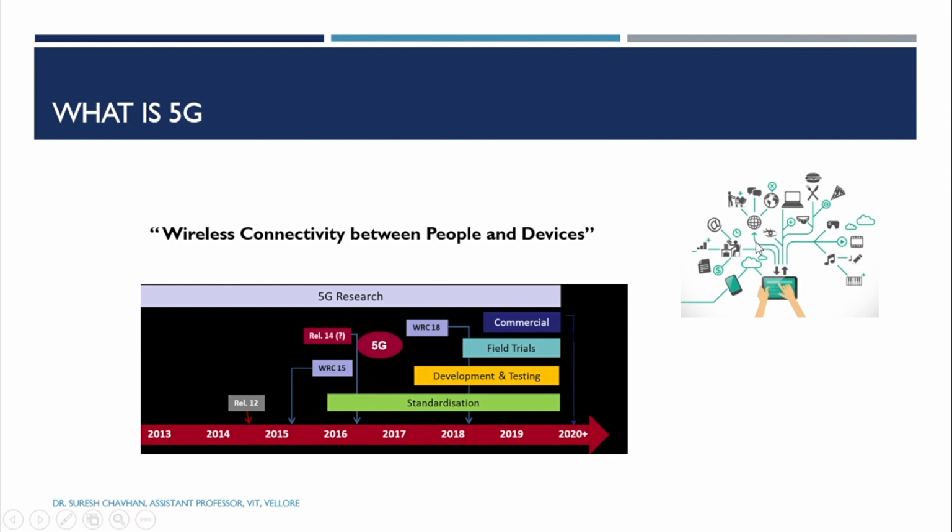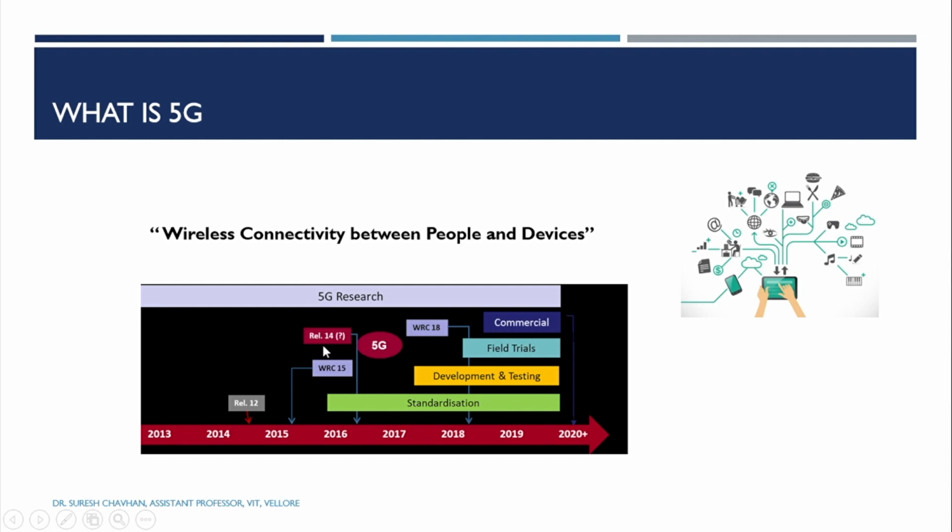For that we need very good communication infrastructure that can serve a massive number of devices. A massive number of devices need to interact with each other and share data. So we need very good communication infrastructure in terms of the data, in terms of the number of devices, in terms of the delay, in terms of the throughput, and so on. All those things will be provided by 5G communications.